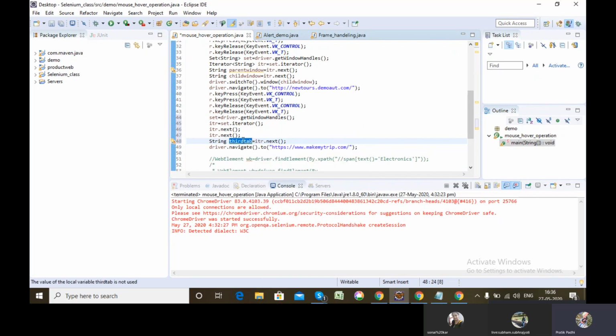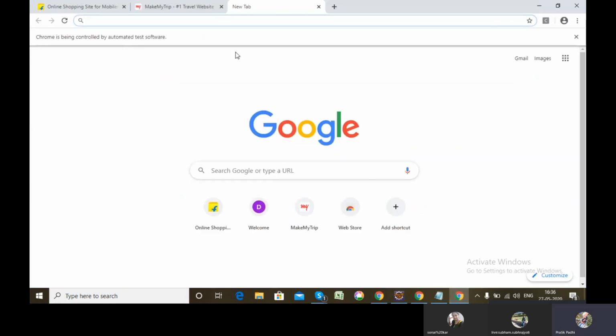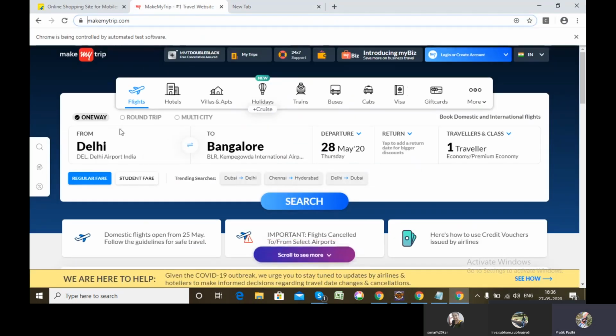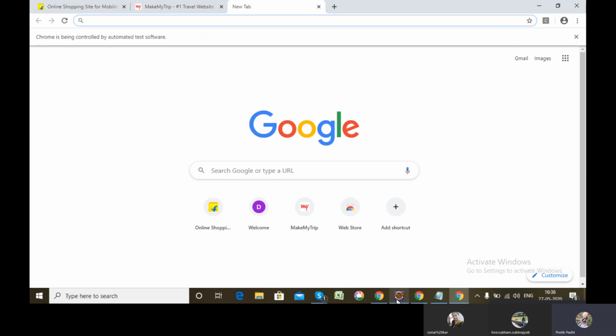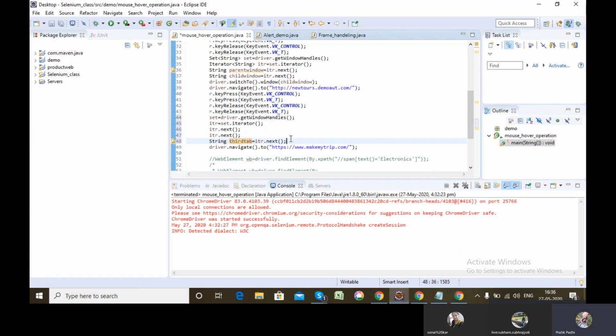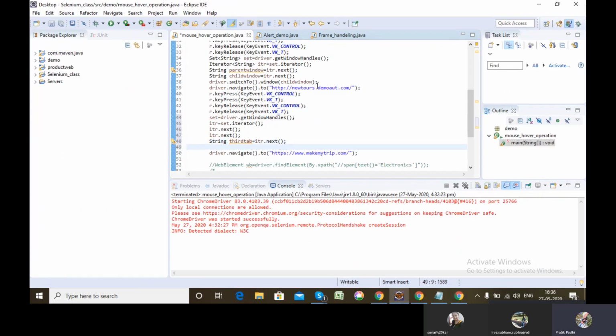So what again I have to do is switch my driver control from the second window, second tab, to the third tab, because currently my driver control is in this particular tab. I have to switch the driver control from this particular tab to the newly opened tab. So again I have to do driver.switchTo().window(thirdTab).